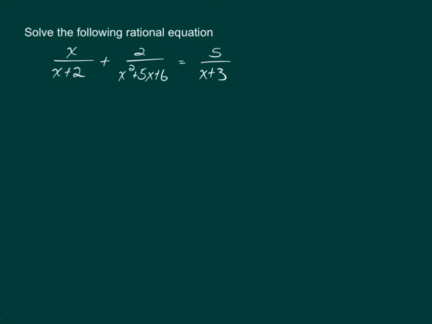Solve the following rational equation. The first thing you want to do when trying to solve a rational equation is to find the least common denominator. And in order to make that easier on yourself, you want to make sure that all of the denominators are factored first. So I'm going to rewrite this equation